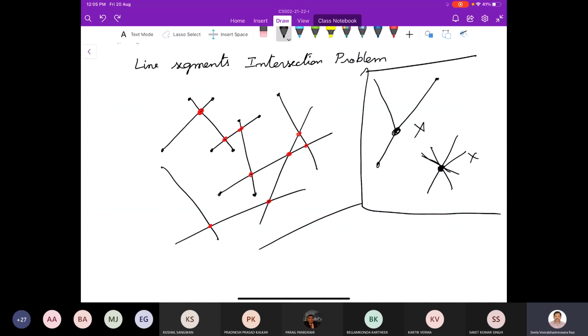So how will anybody solve this? Very simple. Simply take two lines and find the intersection of them. Finding an intersection would take order